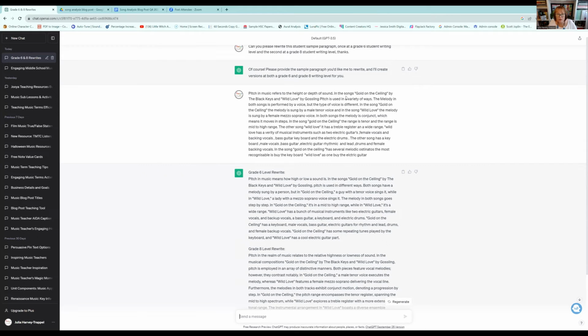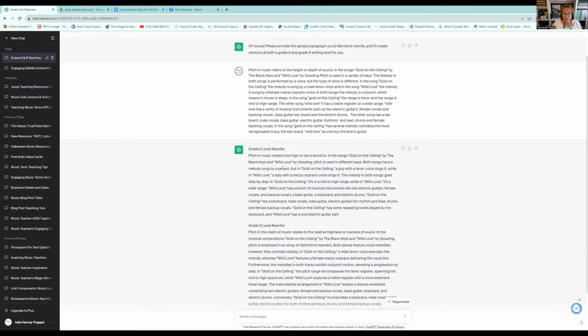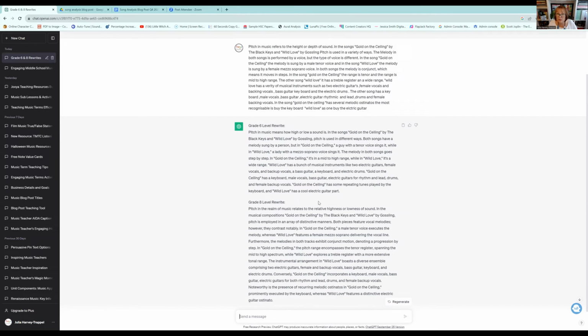Pitch and music refers to the height or depth of sound, the songs, you know, etc. I'm not going to read it to you. And it was actually a pretty good sample. But grade 6 level, it's actually taken it down. So pitch and music means how high or low sound is in the song. Okay, pitch is used in different ways. Both songs have melody sung by a person, but one was a guy tenor voice. And so you can see the language is not necessarily as formal as you'd like it to be,